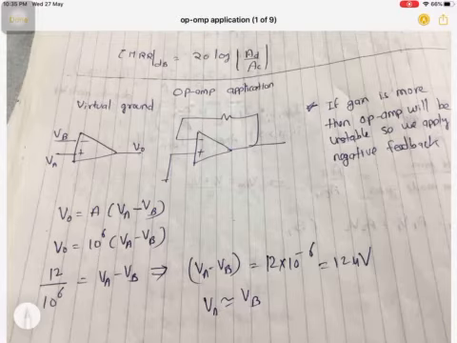The output is taken and connected to the negative terminal using a resistor. This is a negative feedback. We take a negative feedback just to make sure that our op-amp operates in a linear region. So whenever we spot a negative feedback, it means it is in linear region, and that means the plus and minus terminals are virtually shorted. Okay, so this is the basic concept of virtual short and virtual ground. Now we will move into the applications.